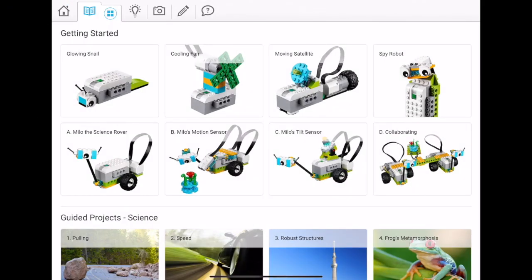In this video, we're going to have a look at the teaching assistant, the teacher guide, that's embedded inside the computational thinking projects of the WeDo app. Let's have a look. So here I am inside WeDo 2.0, and as you can see, I've started a new